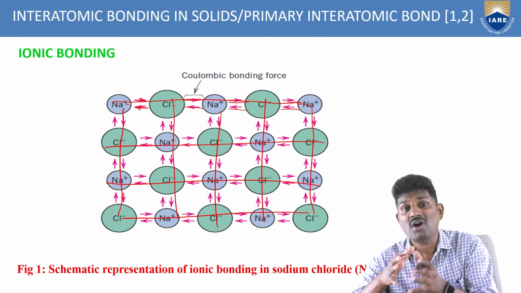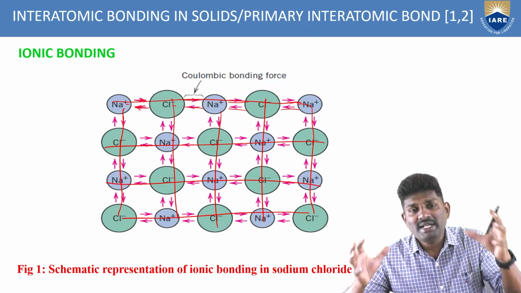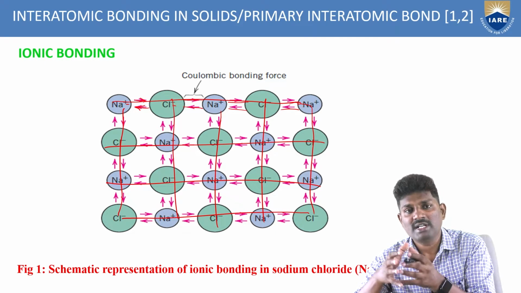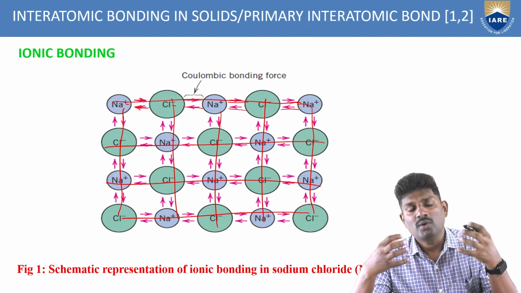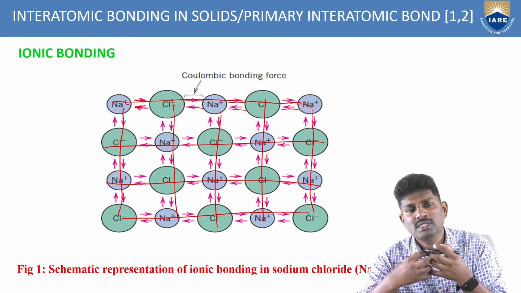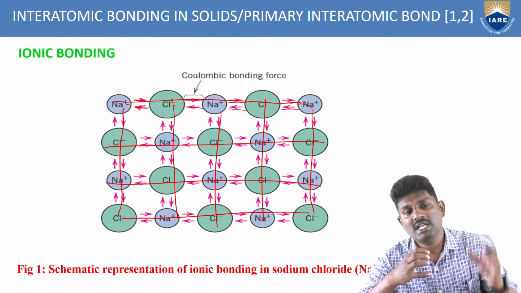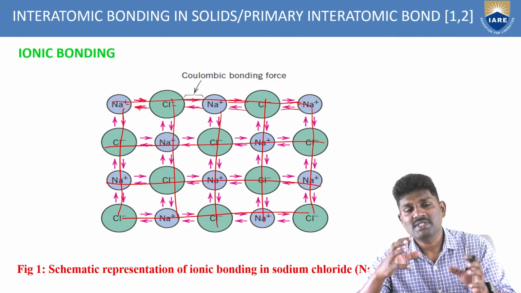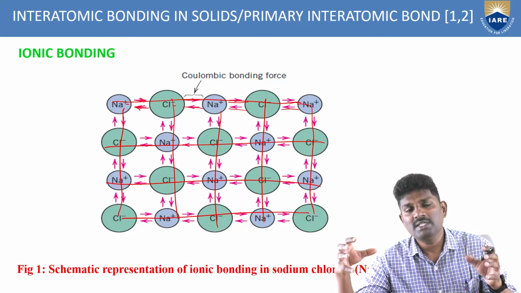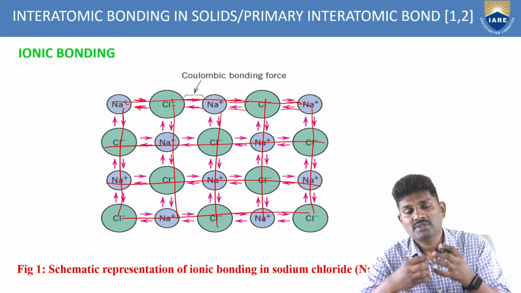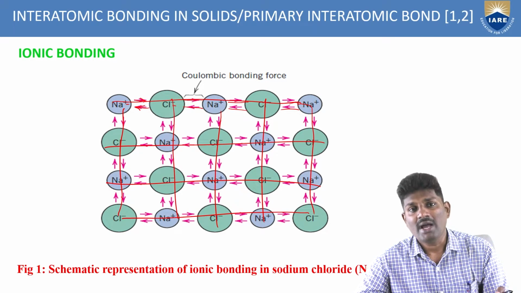Like this, you have to arrange alternatively so that the complete atomic structure is arranged in positive and negative alternative charges, so that there is a strong attractive force between these two, so that you will get a strong bond. So this type of sharing of electrons on the outermost shell of the two elements, which have positive as well as negative charges, will have a strong bond or strong force of attraction. This type of bonding is called an ionic bonding.